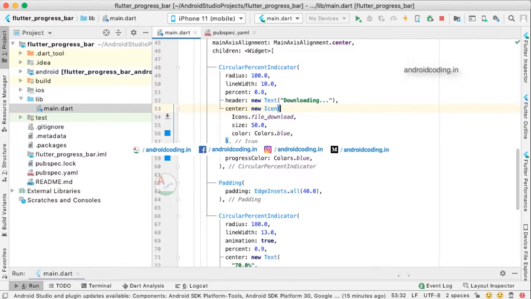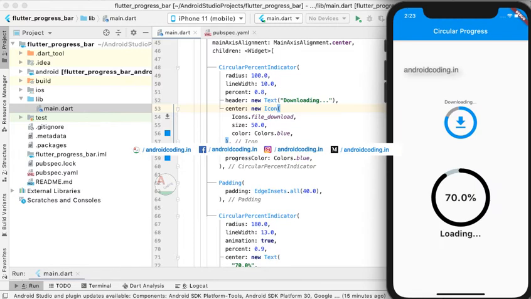And let us try to see the output once here. For this particular circular percent indicator, you can see the first one here. The code belongs to this particular indicator here. You can see the radius we have specified as 100 here. So the circle is a bit smaller, and when you consider the second example, we have specified the radius as 180.0.